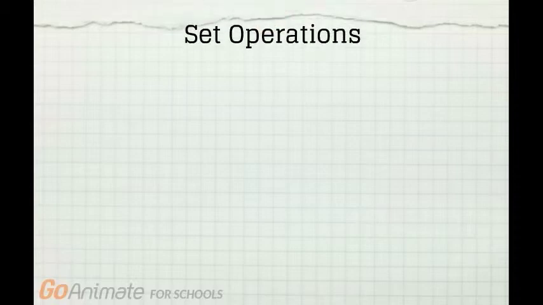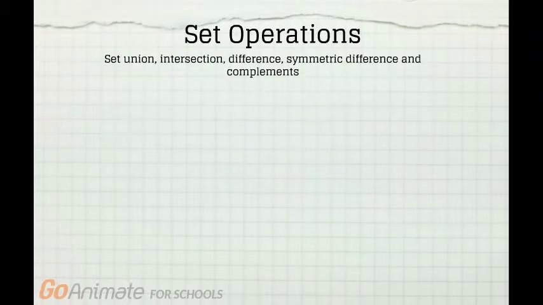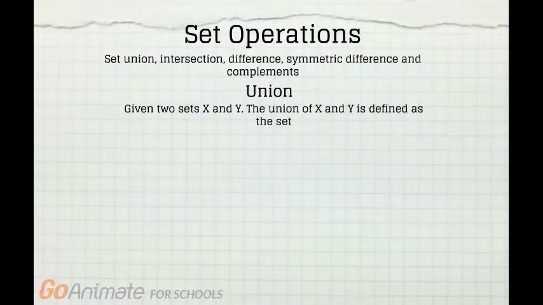In this section we will discuss several operations that will combine given sets to yield new sets. Some operations on sets are union, intersection, difference, symmetric difference and complements. Given two sets A and B, the union of A and B is defined as the set A union B,